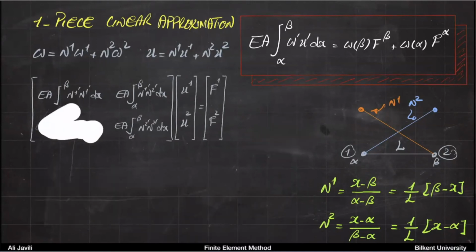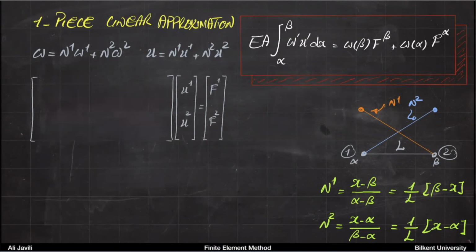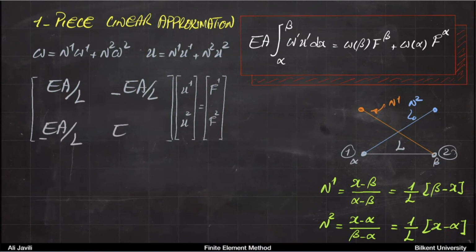So each of these are just EA over L with a sign difference. So this is EA over L. This is minus EA over L. You can maybe track the minus from the difference of the sign here. And then this would be EA over L with a minus again, and then EA over L. Okay, so it ends up basically being just EA over L